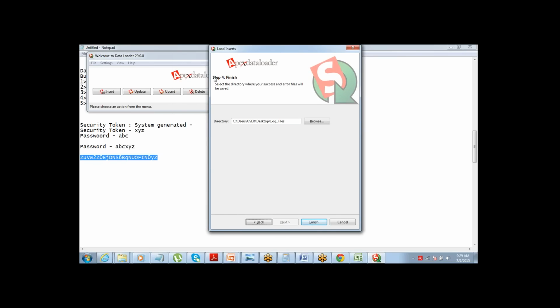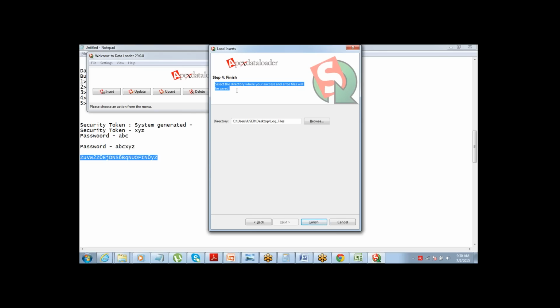Step 4, it will ask you for a directory where your success and error files will be stored. What is the success and error file? When I'm trying to perform a bulk operation, there is a chance that some records might not get through the operation. There can be some small error or issue with a few records.